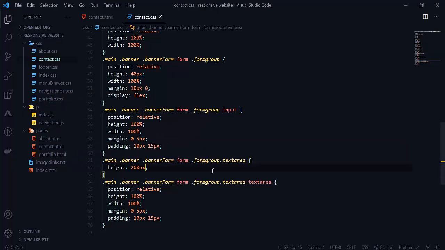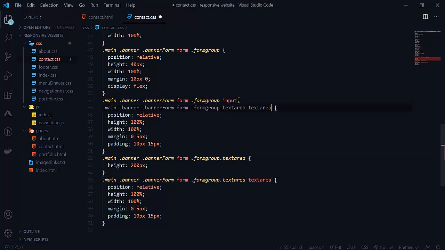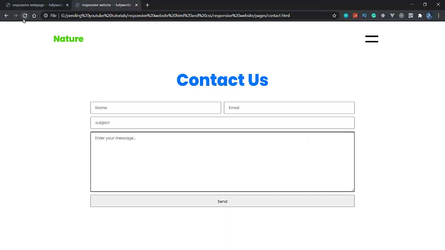It is looking good. See now that in this main banner, input and form group and this one have the same code, and we just change this form group text area, but the rest have this code. So we can combine this code and this code here, to make our code more concise. For that I will copy this, apply a comma and paste it here, and I will remove this. So this will have no effect. See that we are getting our result the same.